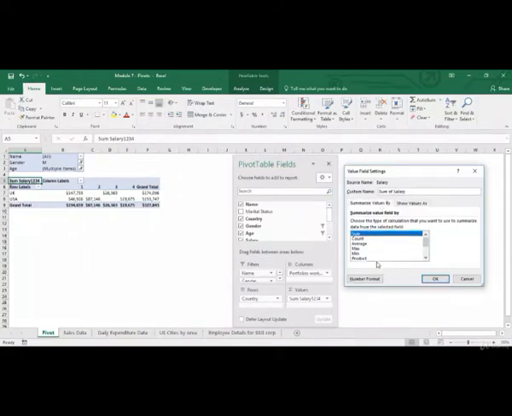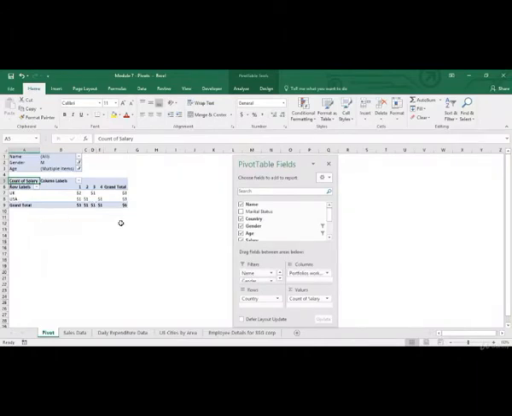Over here you've got different options by which you can summarize your value field. In the value field we've got salary. Right now Excel is automatically summing it, but we can also count it. As soon as I clicked on count, you may have noticed that the value over here in custom name changed to count of salary. If I click on OK, I need to change the format of it. So I'll go to value field settings.